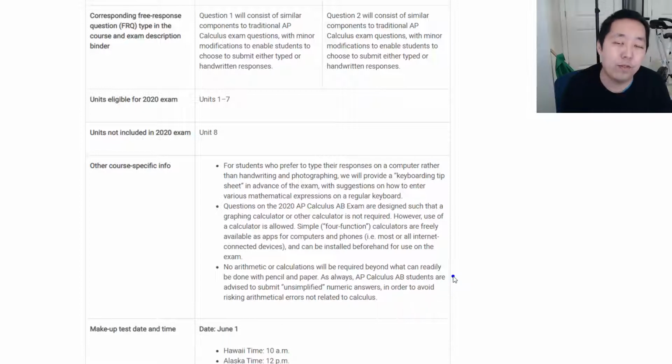So in some of the free response questions in the past, like usually the first 2 or first 3, depending on how far back you go, you could use a graphing calculator. In some cases, you needed to use a graphing calculator to answer the question. This time, none of the questions will require the use of a graphing calculator, but you can use any calculator